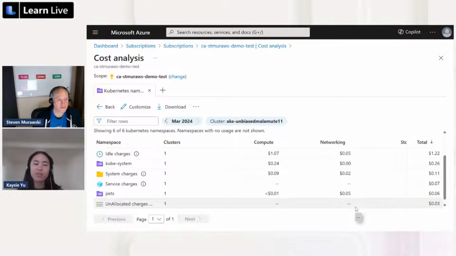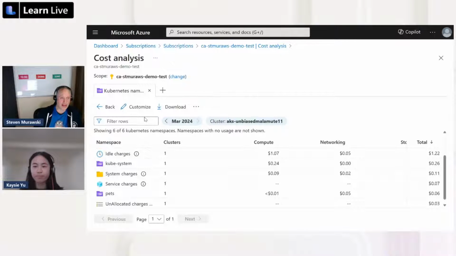So when you have that top level view of, okay, this team is responsible for these namespaces, which are incurring this much cost, it helps promote a sense of accountability across the dev teams and application owners to be cognizant of what costs they're actually spinning up for their applications. Yeah, and idle charges actually seem to me to be an important